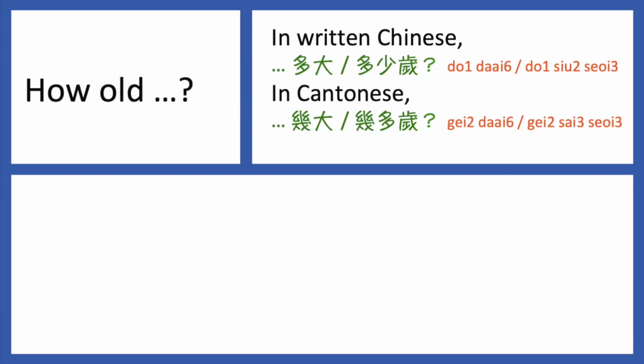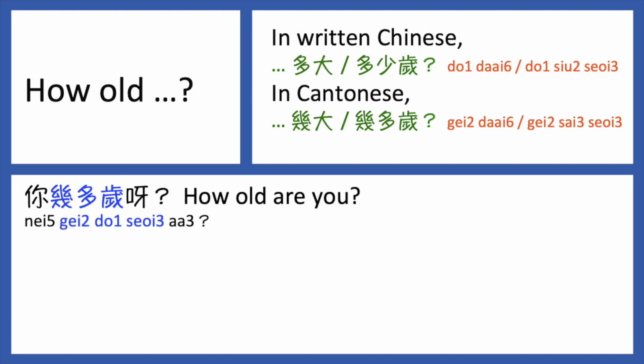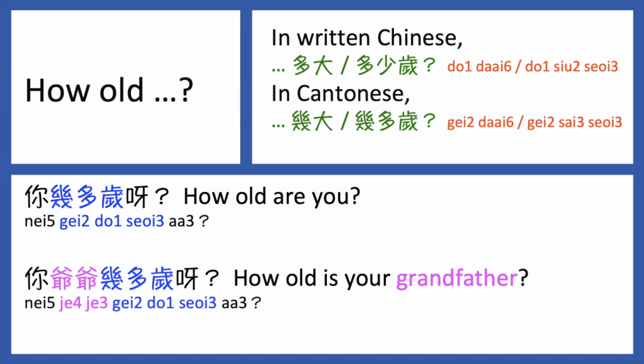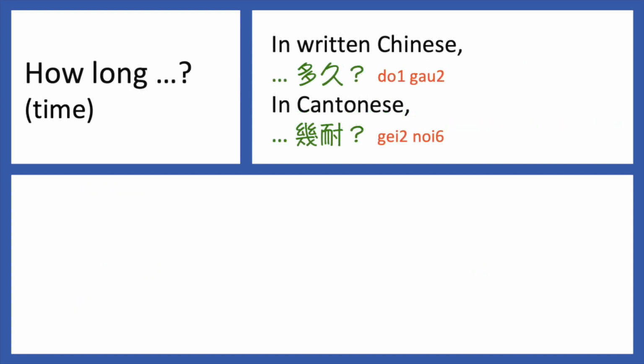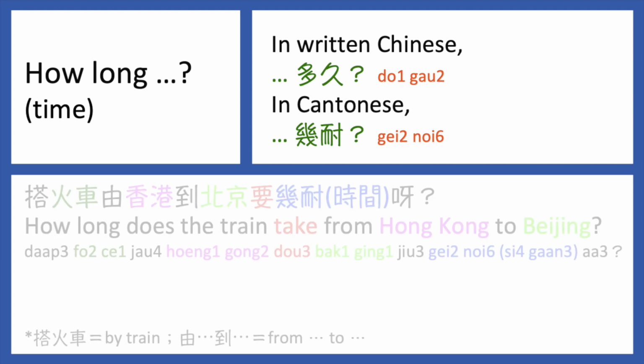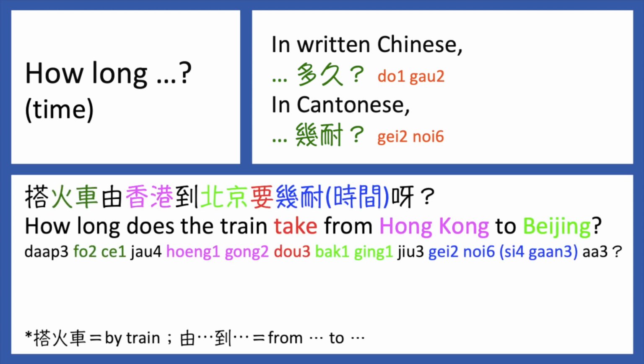How old? In written Chinese, we say 多大？多少歲？ In Cantonese, we say 幾大？幾多歲？ For example, 你幾多歲呀？你爺爺幾多歲呀？ How long? In written Chinese, we say 多久？ In Cantonese, we say 幾耐？ For example, 搭火車由香港到北京要幾耐呀？搭火車由香港到北京要幾耐時間啊？